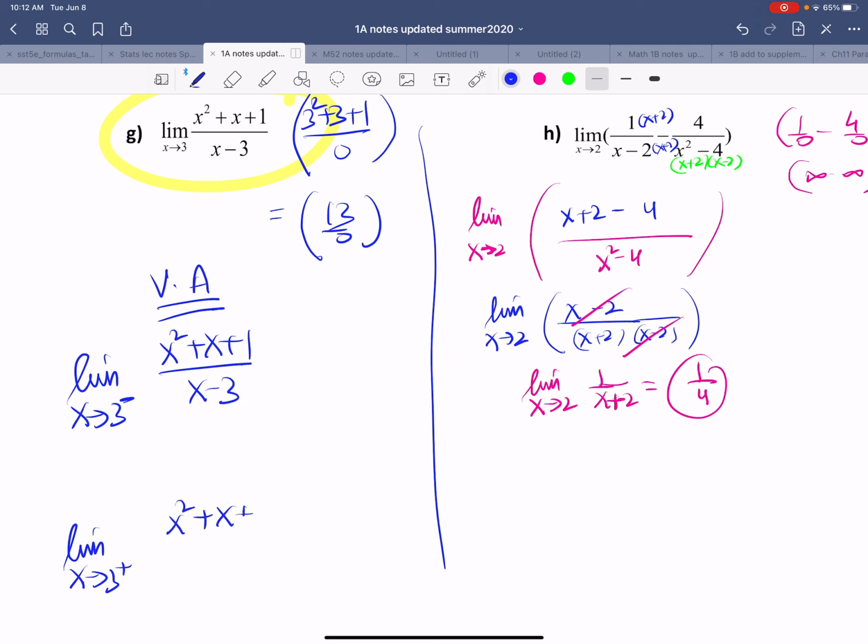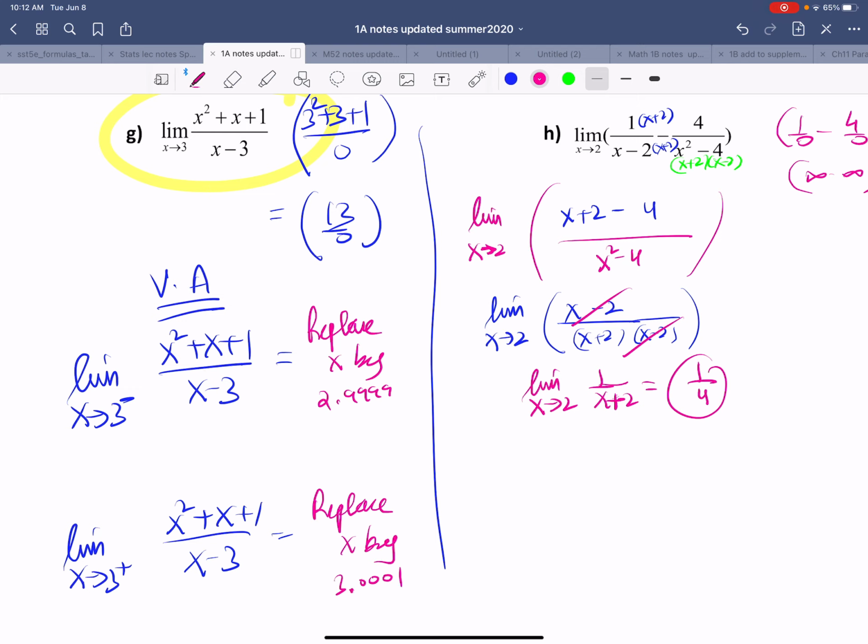We can think of x approaching 3 from the left hand side, so we can replace x by 2.99999 and see what happens. What do I get? Or when x is approaching 3 from the right hand side, we can replace x by 3.0001 and see what happens. What do I get? And you can also look at this graphically using Desmos. So x squared plus x